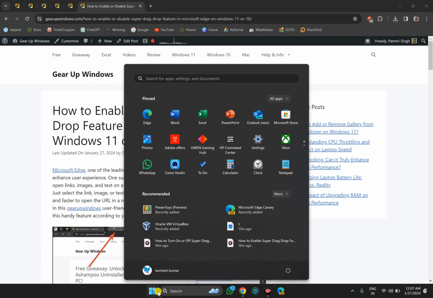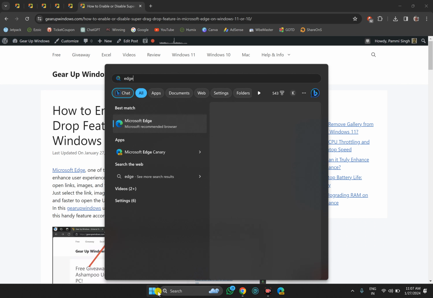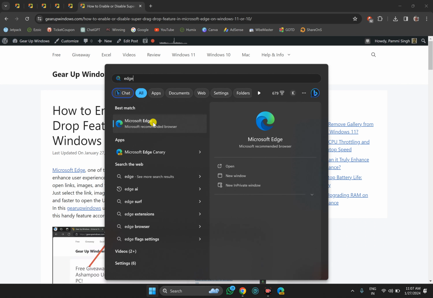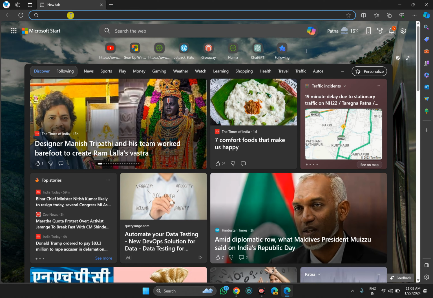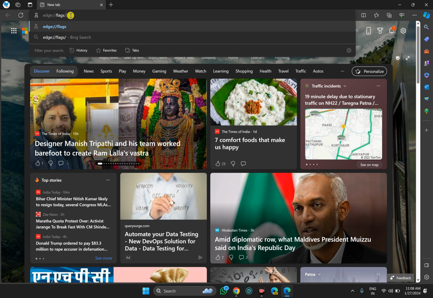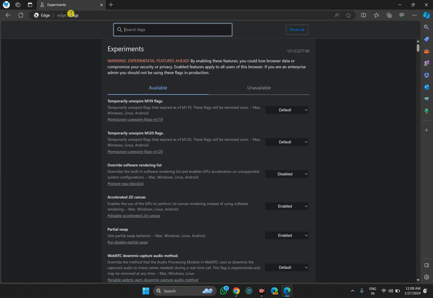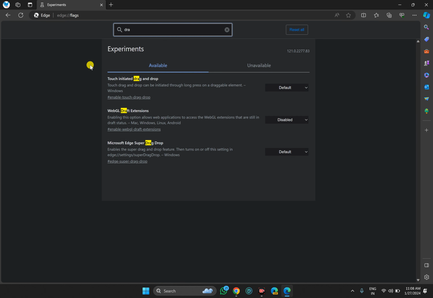Then click on this start button and search for Edge. Click on this Microsoft Edge entry to open it on your PC and then type edge://flags and then press enter on the keyboard. This will open Edge flags on your PC. Here search for drag